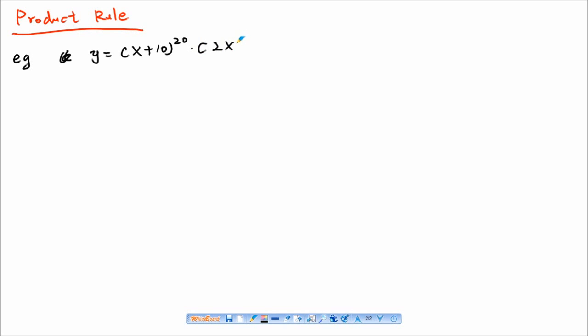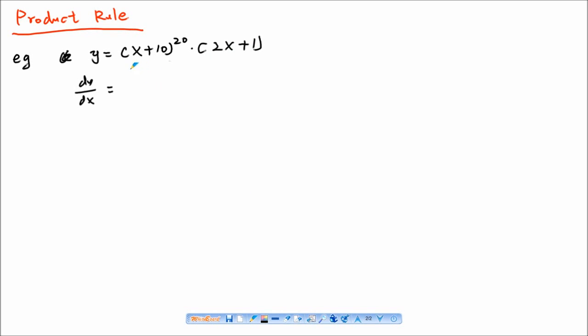2x plus 1. The idea is the differentiation of this function will be, we have two variables in there, x plus 10 and 2x plus 1. I state them as two variables,